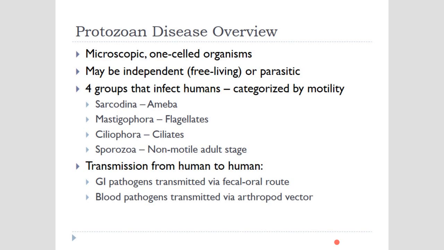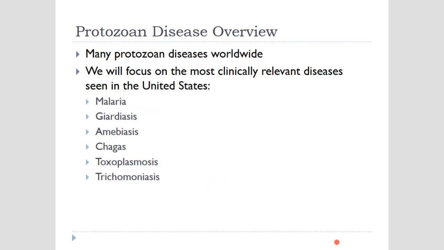And then again, some of the blood-borne pathogens can also be transmitted indirectly. We talked about that with hepatitis B or HIV. HIV is directly an STD, but hepatitis B can be acquired through sexual contact. Now, as I said earlier, more than 3 billion people are affected. The diseases are worldwide.